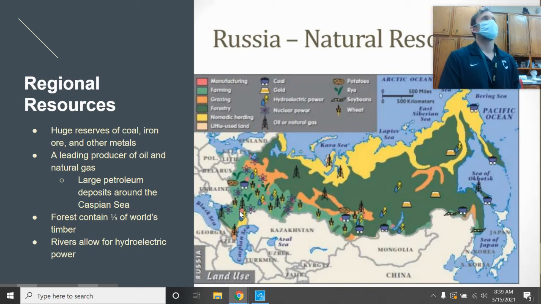The map you can look up out there has resources, but it also has the areas labeled, like what they do in that area. And you can see that forestry dominates a lot of Siberia and Russia. Farming is in that northern European plain we talked about that is very fertile. You can see this light green color where there's a lot of agriculture in that area. And then, out beside that, and in some areas over here and over here, you have grazing. And then nomadic herding as well to the far north. So anyways.